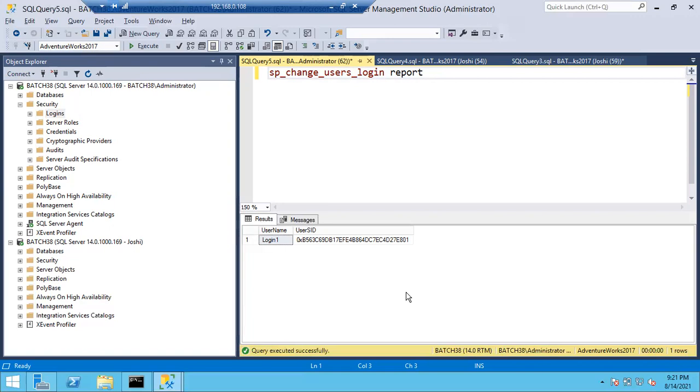There are no different solutions if you delete the login or if you restore the database. In both scenarios, orphan users will be created. If you delete the login, an orphan user will be created. If you restore the database on another server, an orphan user will be created, right? So for both situations, we are going to follow the same troubleshooting steps. There are no different troubleshooting steps for restoring a database. Once an orphan user is created, it can be created either by deleting or by restoring, in any manner, but the thing is how you are going to fix the issue.